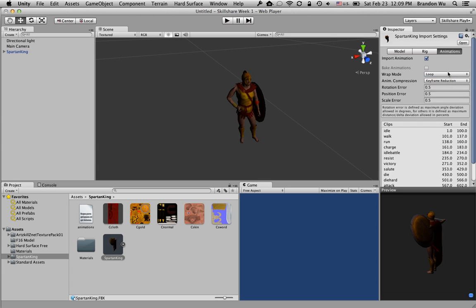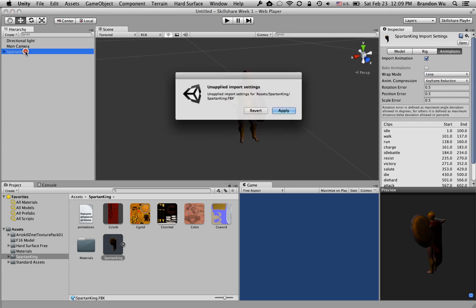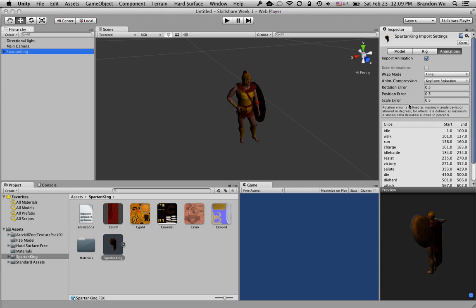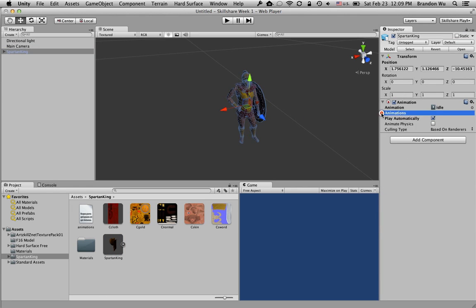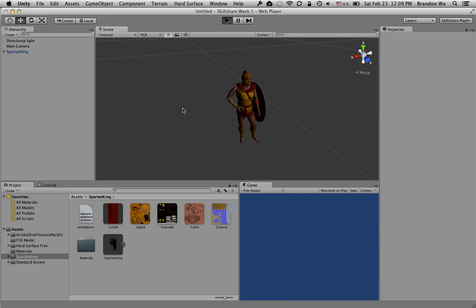But let's make that looping just for now. Usually you want to do this separately from the import, but just for our purpose right now, you can see that. Okay, now he's going to have the animation